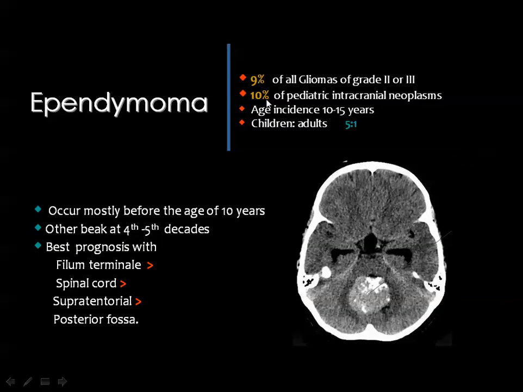It represents about 10% of the pediatric intracranial neoplasms and about 9% of all gliomas of grade 2 or 3 WHO classification. The age incidence of this ependymoma ranges from 10 to 15 years and is very common in children compared to adults. And you know that the best prognosis for ependymoma is for that occurring in the filum terminale, followed by intramedullary ependymoma, followed by the supratentorial lesions, then finally the posterior fossa ependymoma occurring in the region